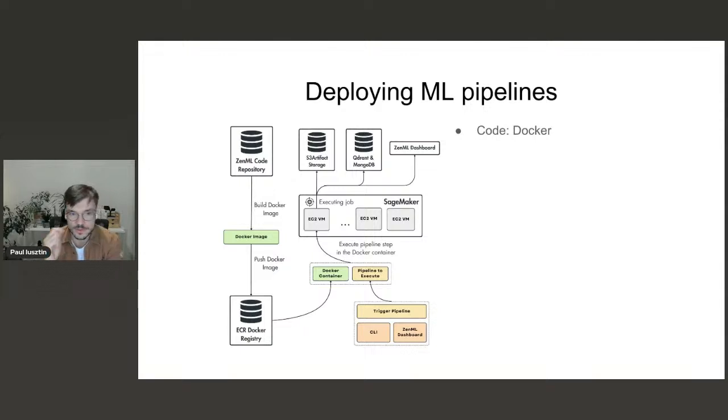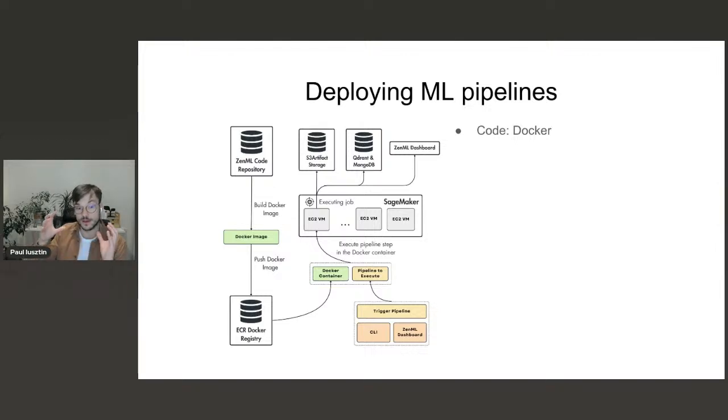Using ZenML, you can do this through the UI, or you can even automate it further using infrastructure as code, like Terraform. That's it from my knowledge, but I know they add tons of features in this MLOps zone. So this is the code. This is the compute. And again, using ZenML, we actually hooked to S3 as artifact storage. And we independently wrote custom code to connect to Qdrant and MongoDB. Qdrant as our vector DB and MongoDB as our data warehouse.